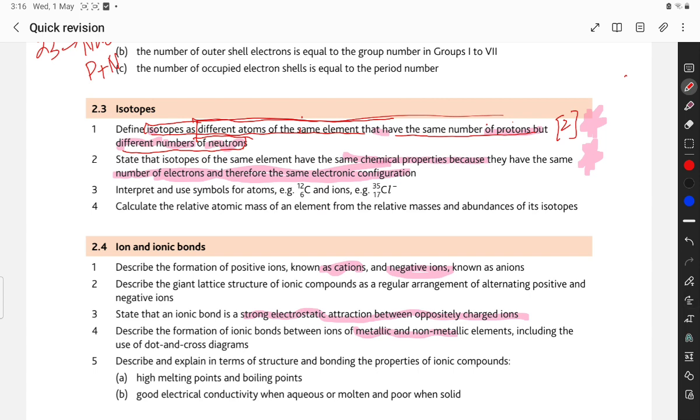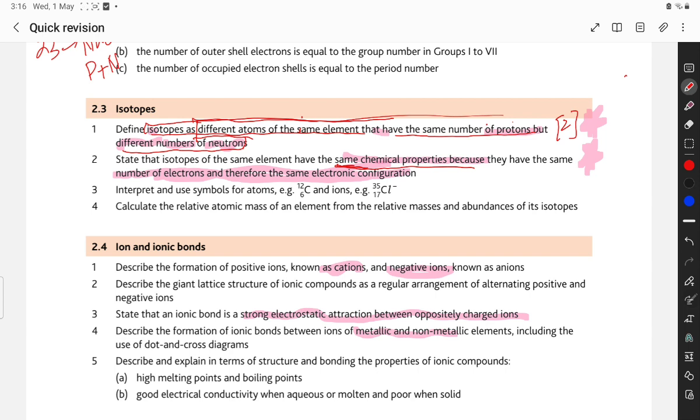Isotopes of the same element have the same chemical properties because they have the same number of protons, and the examiner commonly asks you to write down a similarity and a difference between 2 isotopes. So always write down, this is the similarity: same chemical properties. Please write down like this, that they have the same chemical properties because they have the same number of electrons, and write down that they have